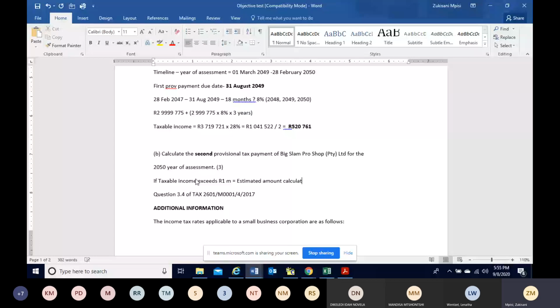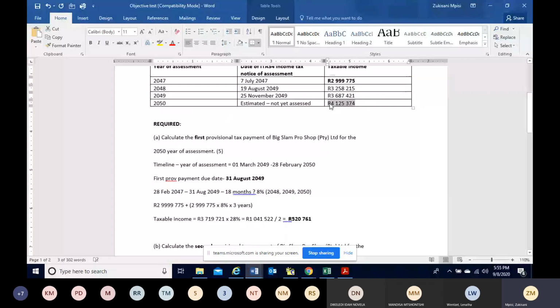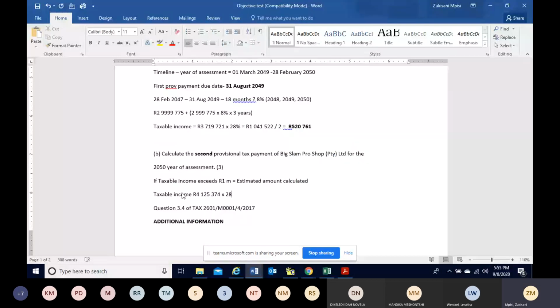So in this case, our taxable income is going to be 4,125,374 multiplied by 28%. Then from here, you have to say less first payment. Remember, the first payment was provided above as 520,761, and this is the second provisional payment. It is therefore going to be equal to